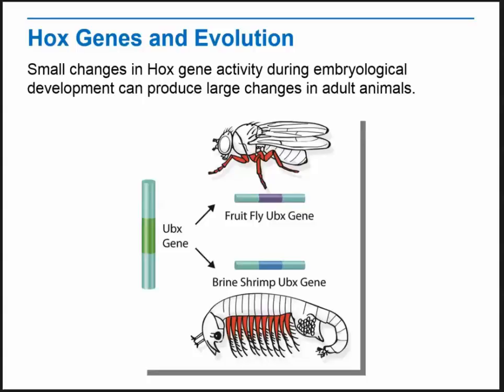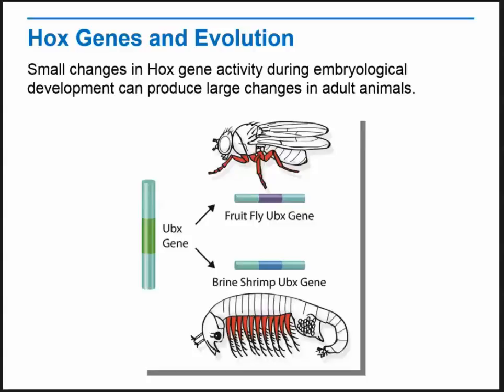Insects and crustaceans are related to ancient common ancestors that possessed dozens of legs. Today's crustaceans, including shrimp and lobsters, have 5 pairs of legs, and insects just have 3 pairs. What happened to all those extra legs? Recent studies have shown that mutations in a single Hox gene, known as UBX, turn off the growth of legs